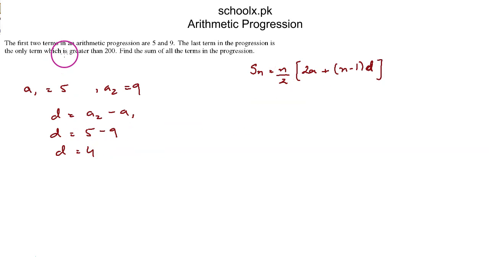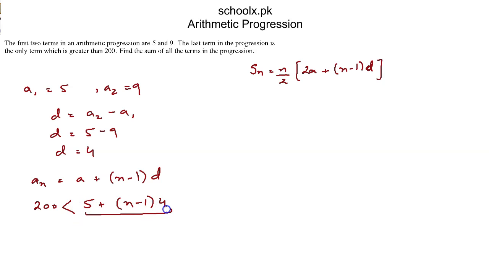We know that the last term is the only term which is greater than 200, so the formula for the nth term of the sequence is an equals a plus n minus 1 times d, and the last term is greater than 200, so let's say n is our last term. The first term is 5 plus n minus 1, we don't know what n is, and d is 4. Last term is greater than 200. When we solve this, we get n greater than